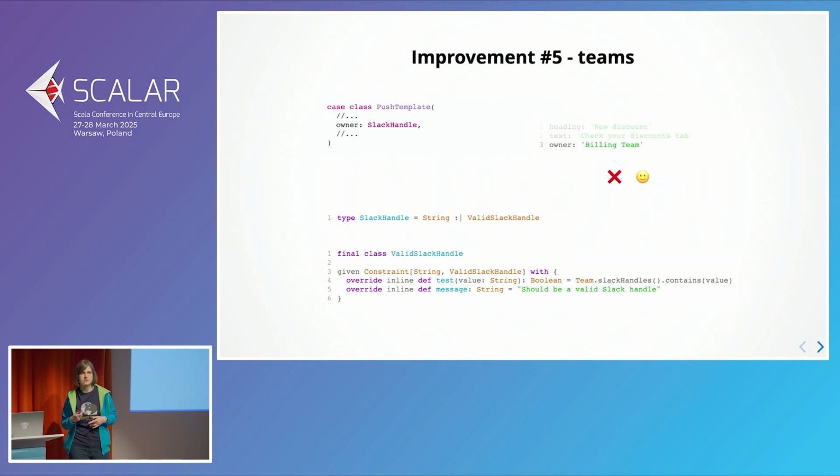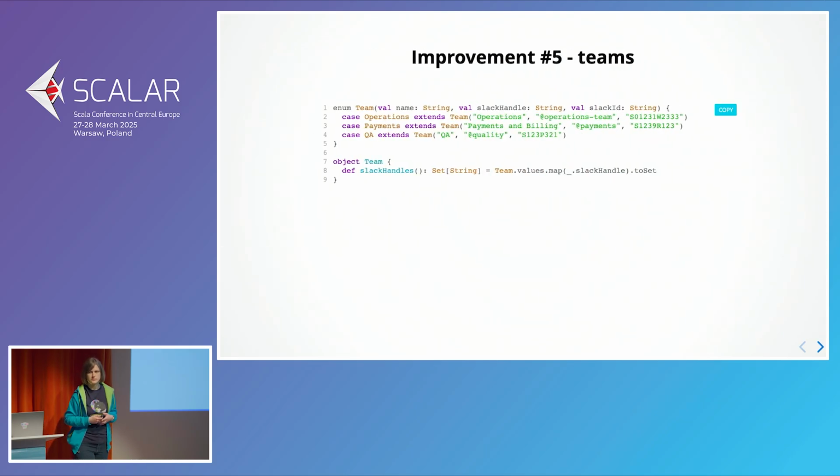But let's take a closer look at this team Slack handles, because we implemented it as Scala 3 enums. So that's what I wanted to show you. Because in Scala 2, if you have tried to use enums, you know they're a bit inconvenient, or people probably prefer to use sealed traits and then implement them and so on. So this is a way of doing things, but in Scala 3, the enums have been completely redesigned, and right now they are just everything you would imagine an enum to be.